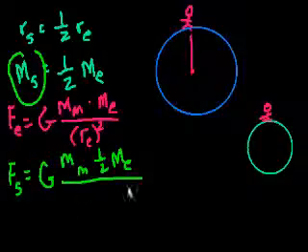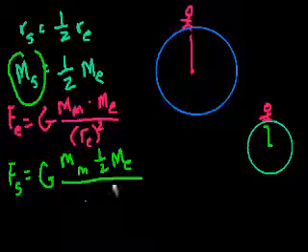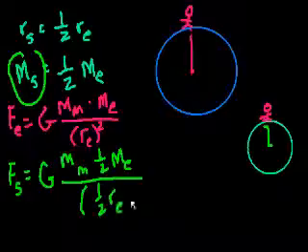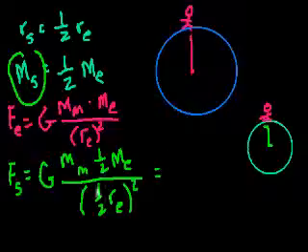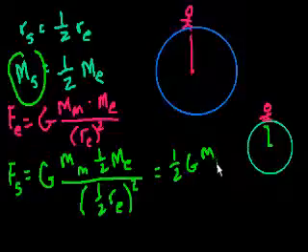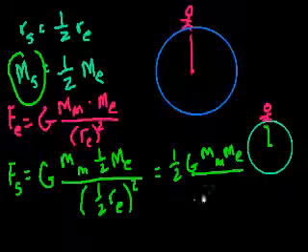And what's its radius? What's the radius now? I could just write the radius of the small planet squared, but I'll say, well, we know it's 1/2 the radius of Earth, so let's put that in there. So 1/2 the radius of Earth. We have to square it. And let's see what this simplifies to. This equals, so we can take this 1/2 here, 1/2 g mass of me times mass of Earth over, what's 1/2 squared? It's 1/4 over